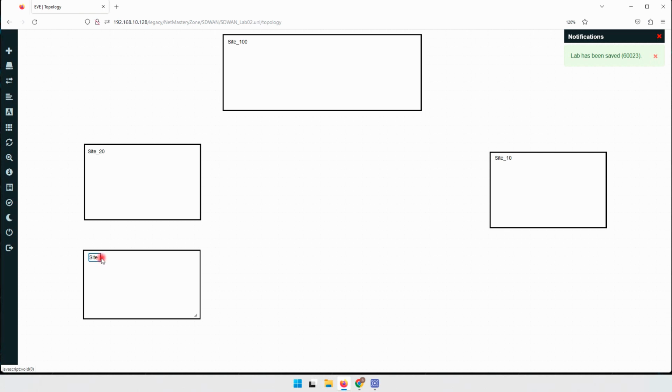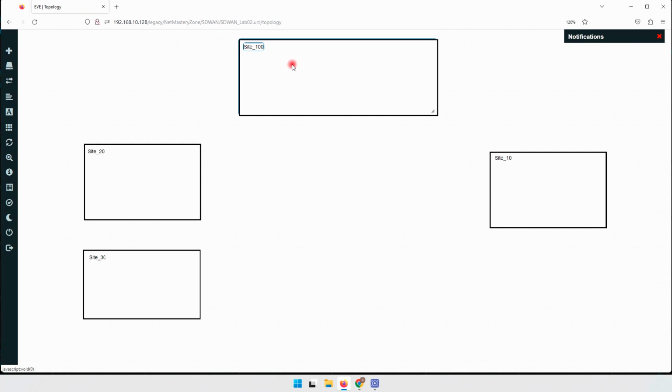But in the configuration, let me see if we had time, then we can also configure some MPLS here and connect these sites from internet and also from MPLS for more detail,